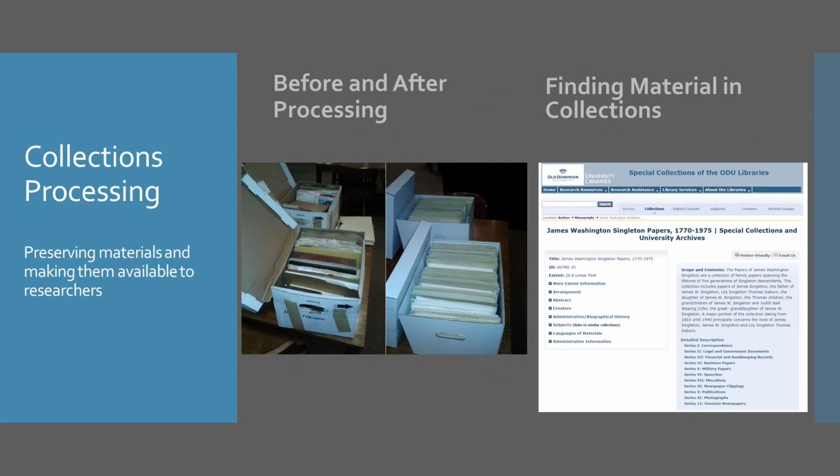Once a collection has been received by the archives, a custodial record is created to document who gave the collection and when, what topics and format types are in the collection, date ranges, how big it is, and any preservation concerns. We would next organize the collection and preserve it in acid-free folders and boxes. Finally, a research guide or a finding aid is created to let researchers know what is in the collection along with a container listing of boxes and folder titles. Most finding aids today are available on the web.